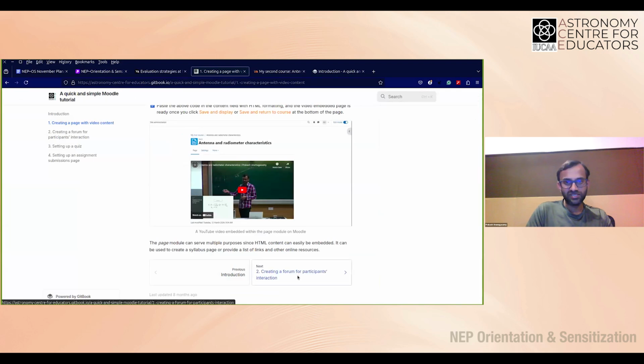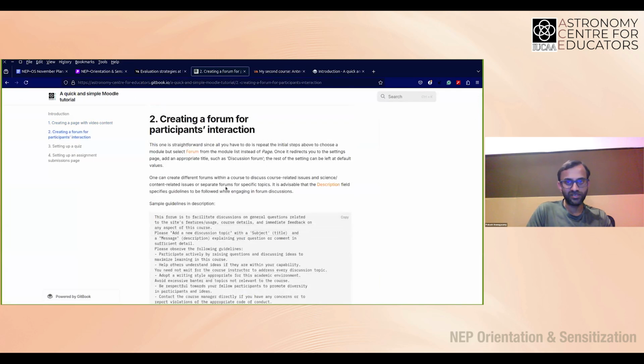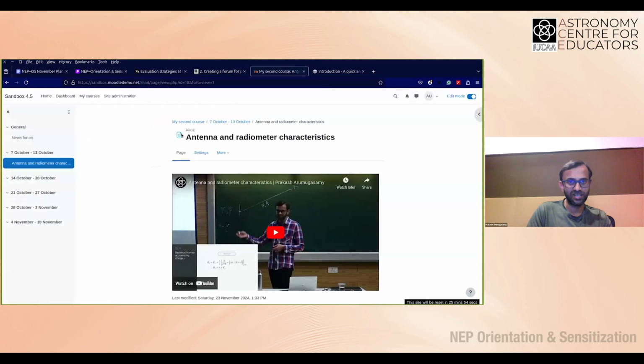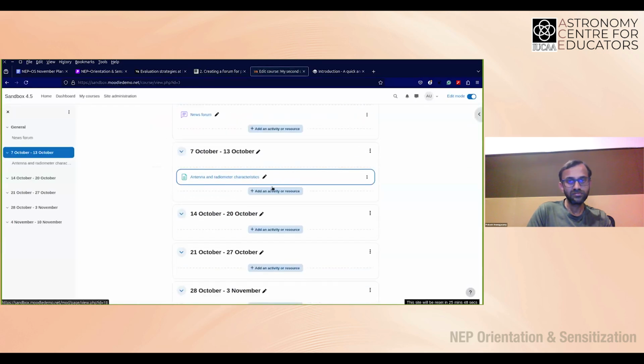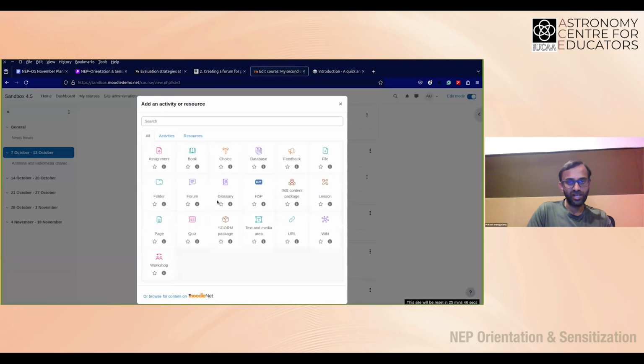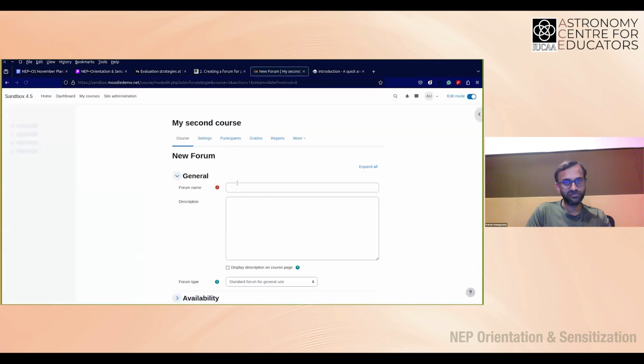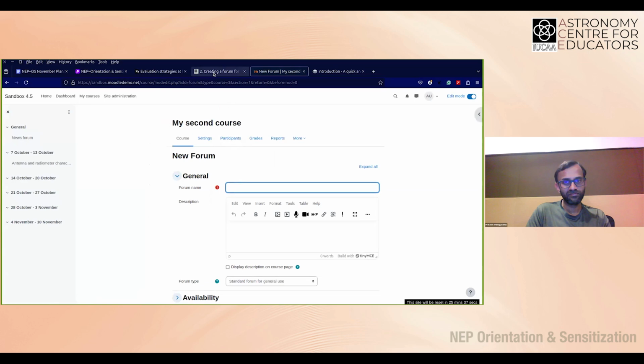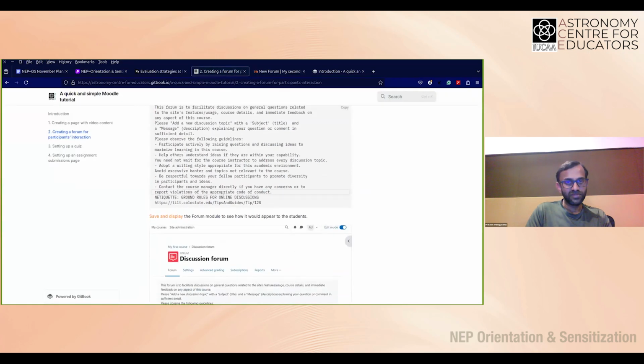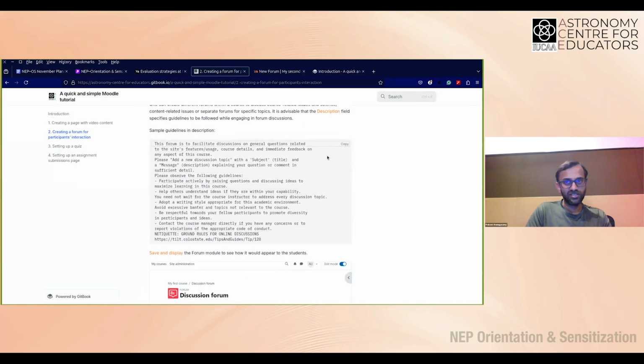Now, the next one is creating a forum, where again the tasks are fairly similar. Click on adding an activity or module, then select the module you're interested in, let's say the default forum, and give it a name. In a module like this, you want to have some guidelines on how to use it, which is just basic common sense.